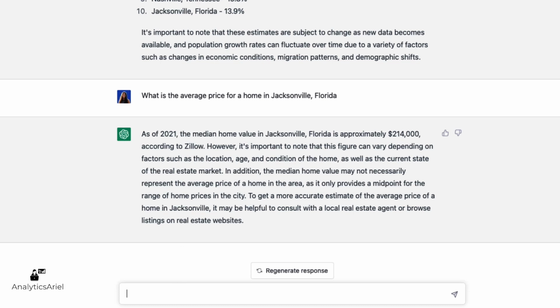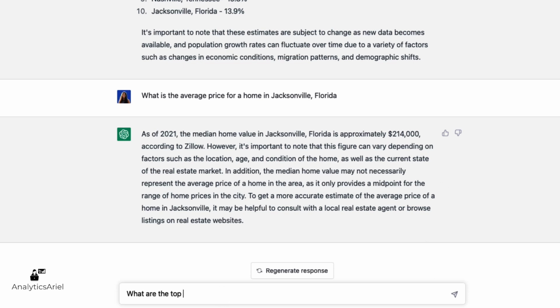So now that we have an idea, all right, $214,000, maybe I can afford this. It may not be the market that I live in, but I don't mind investing out of state. As we know, cities have neighborhoods within them, and it's important for us to know which neighborhoods to invest in, as some could be more A-class or others more C-class. So this will be the next question I'm going to ask ChatGPT.